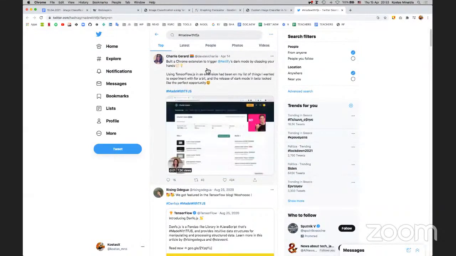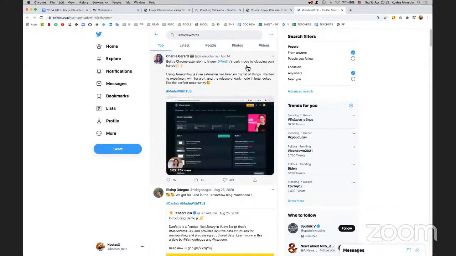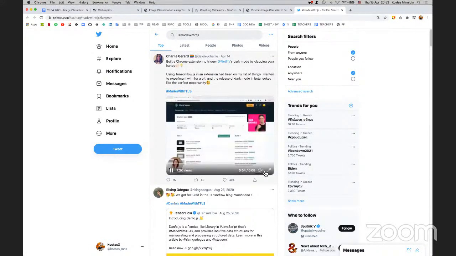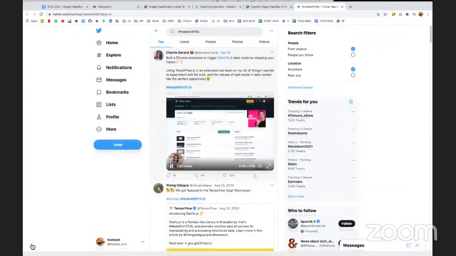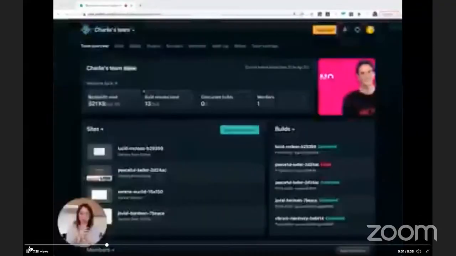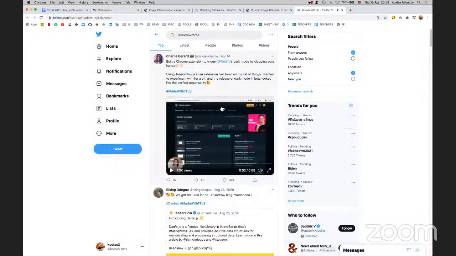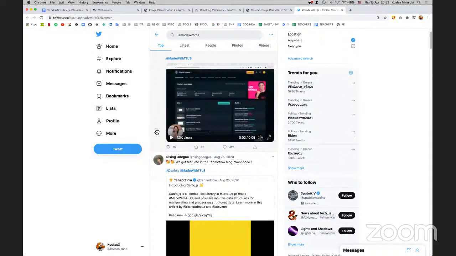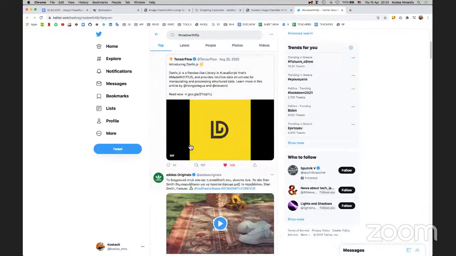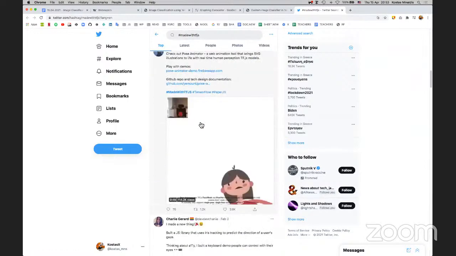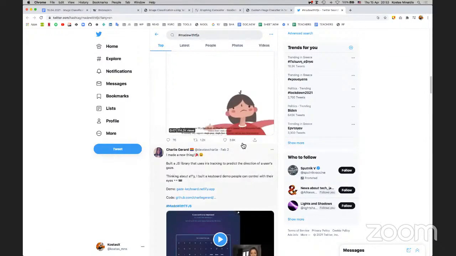So this is a Chrome extension that triggers dark mode by clapping your hands. So let's see. I don't know if you can see it, but she claps her hands and the browser theme turns into dark mode, which is actually pretty funny. And in this thread, you can find some really, really cool examples and things created with TensorFlow.js. So make sure to check out